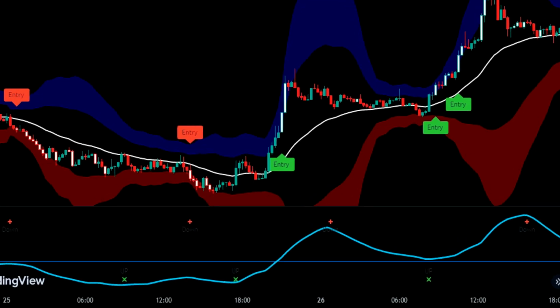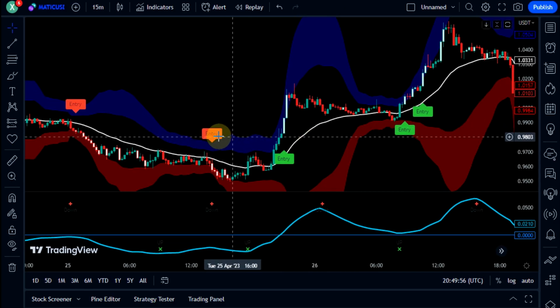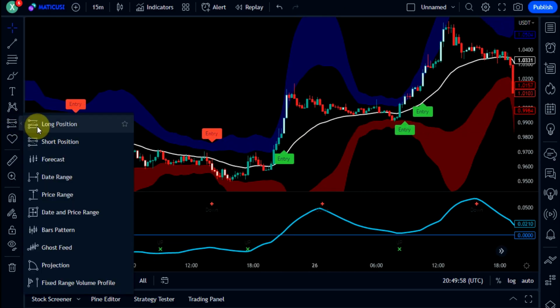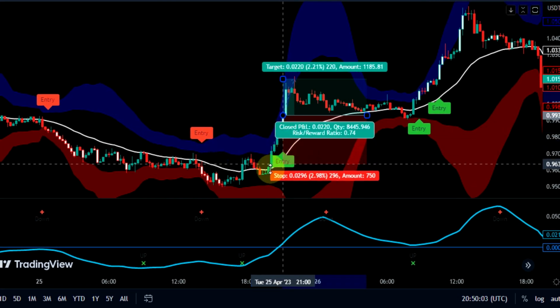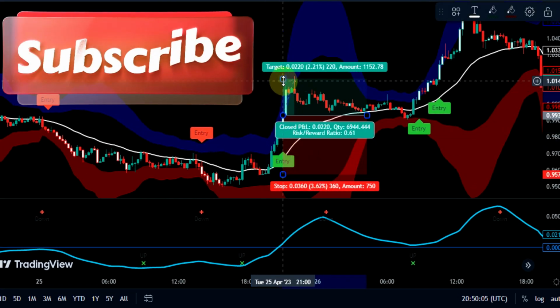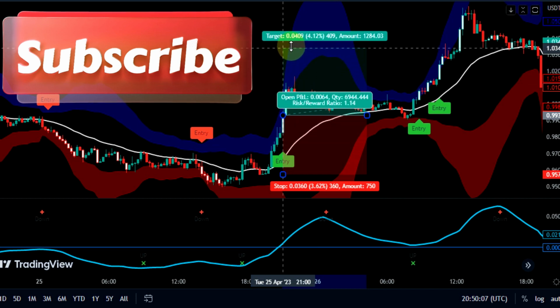The second condition is that after the first condition is established, the price crosses the middle line in the zone band indicator from the bottom to the top, a maximum of 5 candles before or after. Then we can enter the buy position. We place the stop loss below the previous resistance and exit the trade with a target of 1.5.